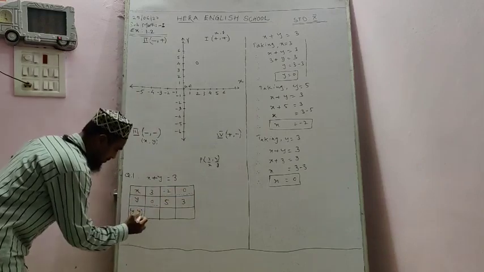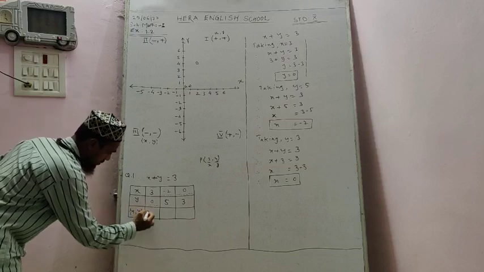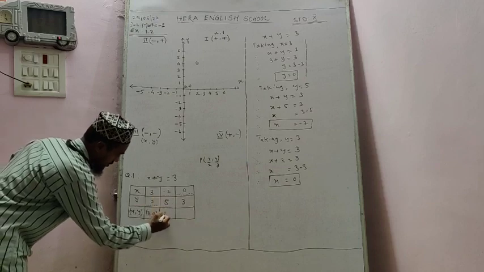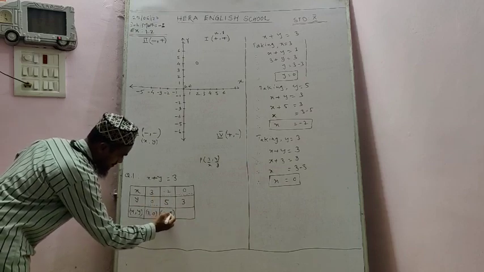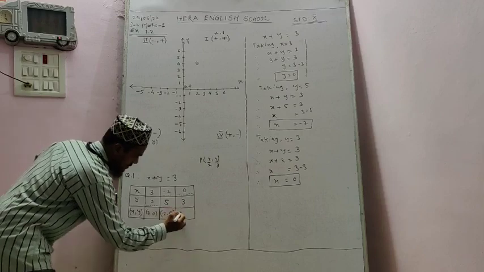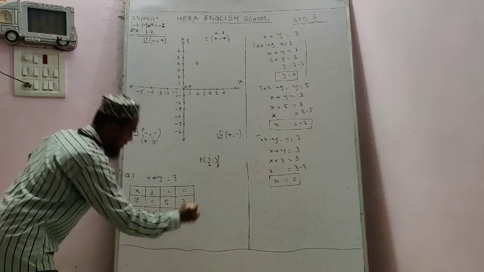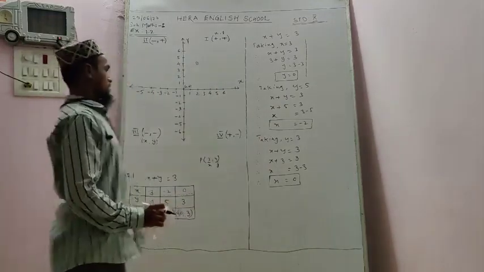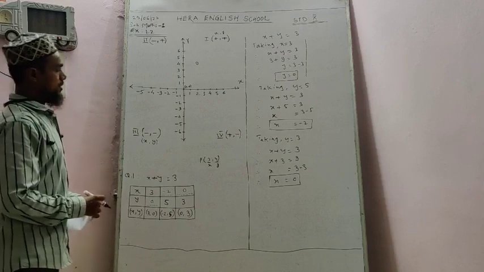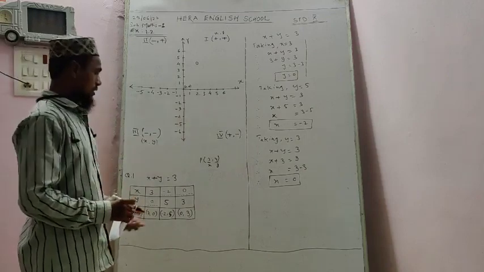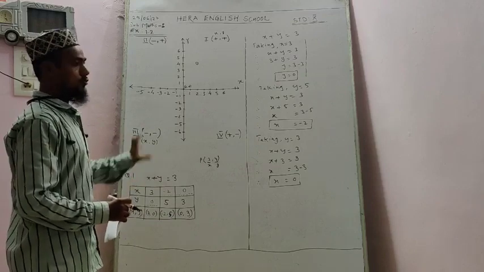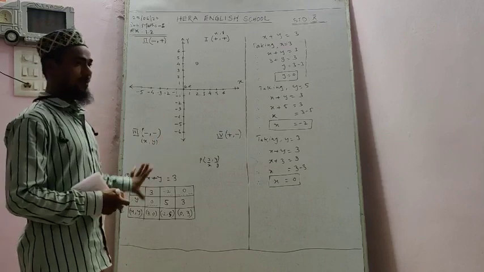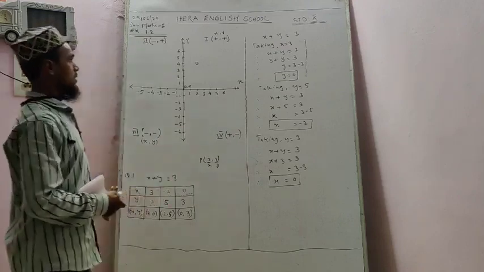Now complete the table. Here we have the values of x and y. X we are given 3 and we got y 0, here minus 2 and 5, here 0 and 3. This is our final answer. In the end of the solution we will write this table once again, okay. This is the first table what we were given in the question, and the second table we will solve. We only have to solve, no need to draw the graph. Here we are given to draw the table, means only we have to solve and prepare the table, okay. You got it, I think, everyone.